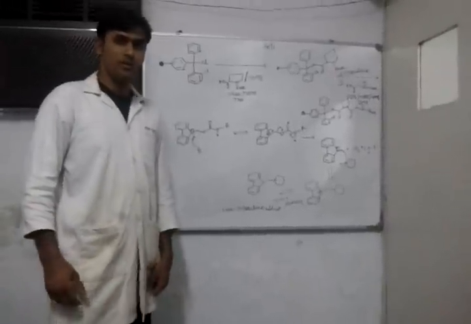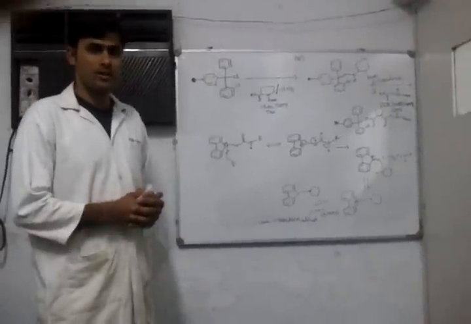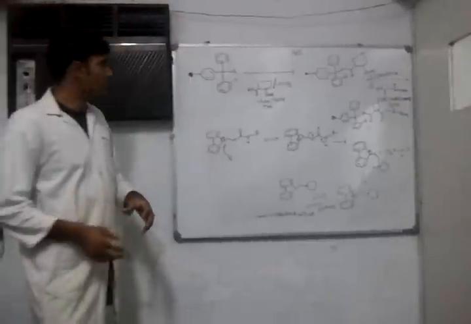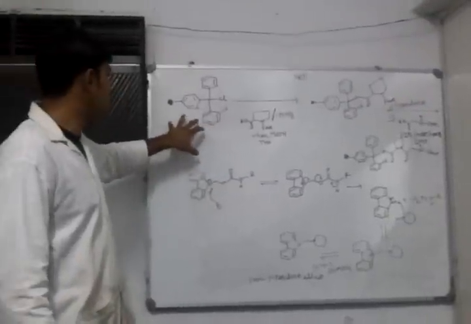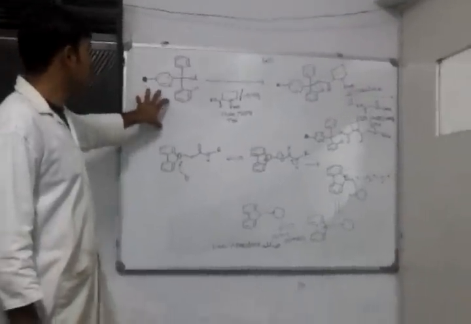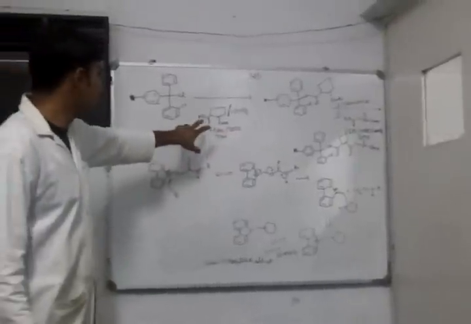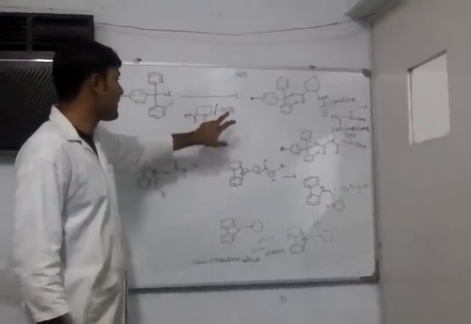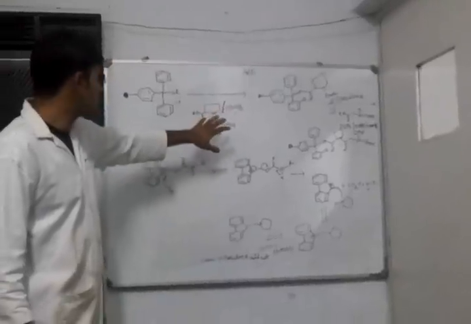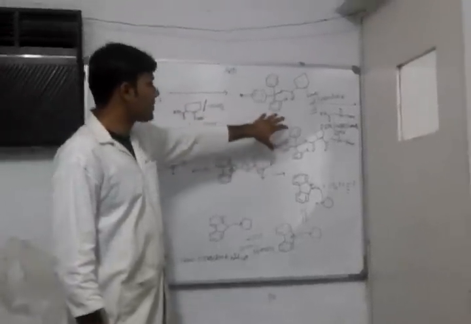I'm going to explain how solid phase peptide synthesis is carried out. For that, this is the 2-chlorotrityl resin, which is supported on polymer material. It reacts with the FMOC protected proline, this is the amino acid, in the presence of N,N-diisopropylethylamine, which is the base. When you carry out the reaction with this particular resin, it will give this particular product.